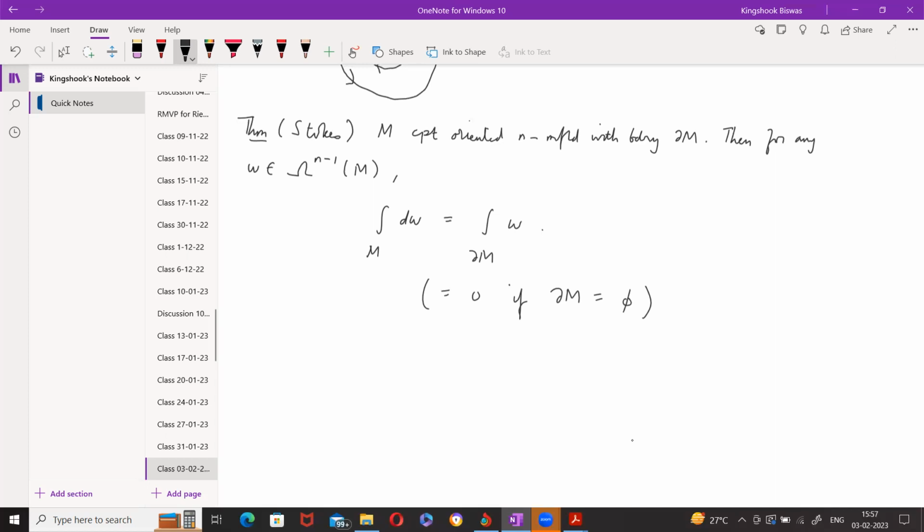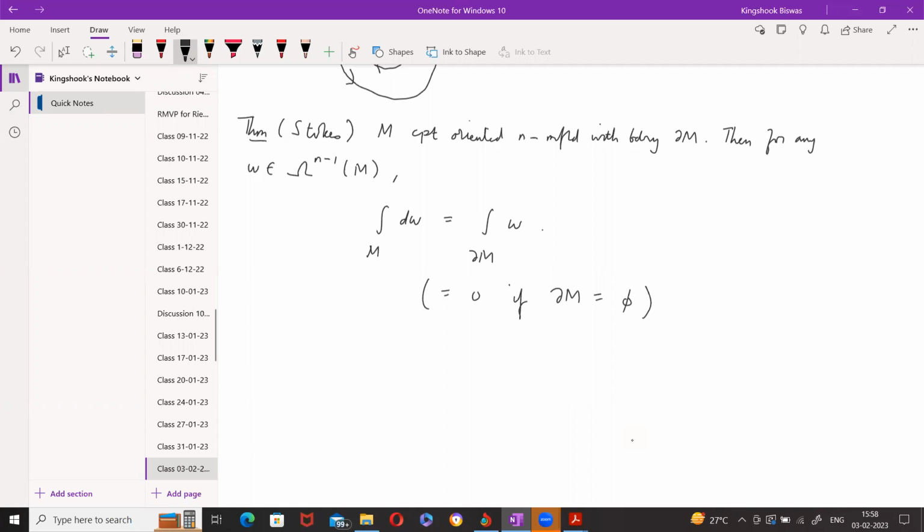Sir, for this Stokes' theorem, the integral over M would be 0 if it's a manifold without boundary. Right. The integral is 0 if it's a manifold without boundary. The integral of any exact form is 0 if it's a manifold without boundary. Yes, sir. Right. So what that means is